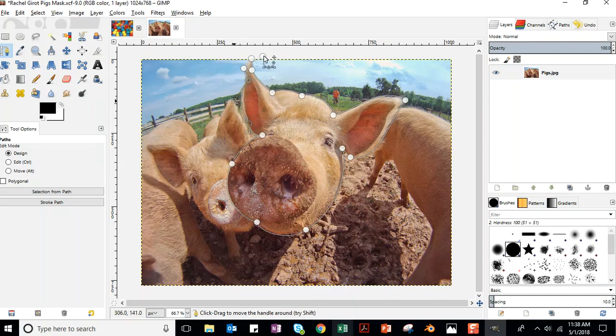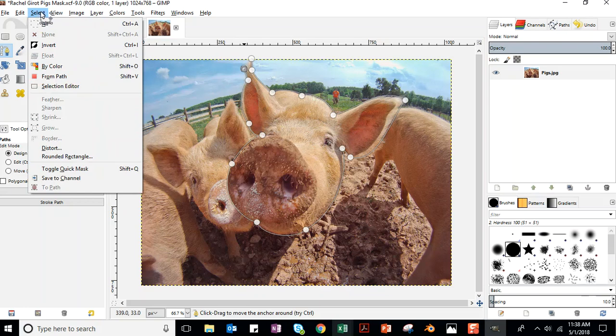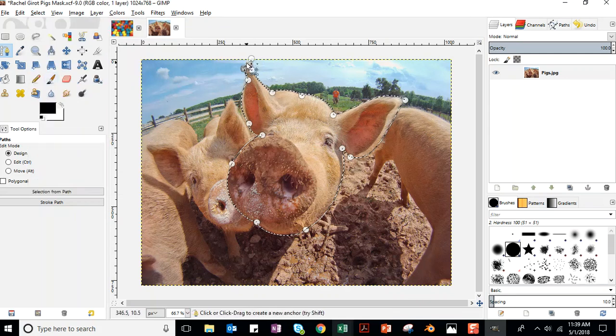Okay, so I was able to get the entire pig selected except for, I don't know what that little thing is. Except for this area over here. All right, well, what we're going to do is go to select from path. And so what that's going to do is create a selection. Oh, look, it even connected my endpoints for me. Yay. So I've got my cute little piggy all selected,